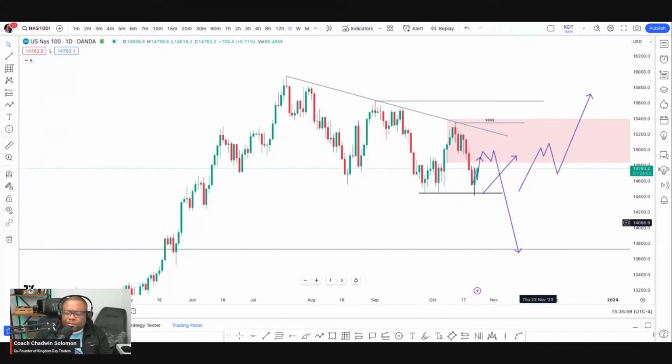Mainly because I don't want the markets to tank as a whole and the economy of the world to go haywire. But I'm a trader, so I'll make money on both sides of the market, and so should you. So the most likely probability based on what's going on right now on the chart is down. However, we do have a 3 drive pattern to the upside with a trend line. If this fails, it's going to run that. But we'll see what stocks pull it down, what stocks hold it up.